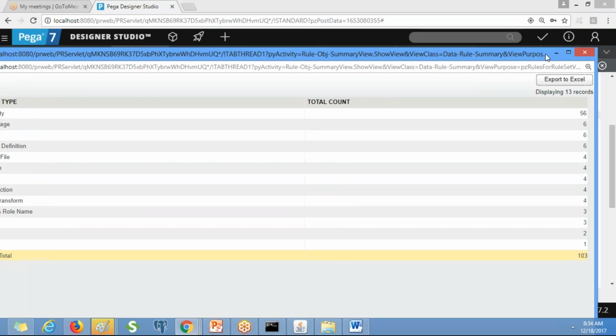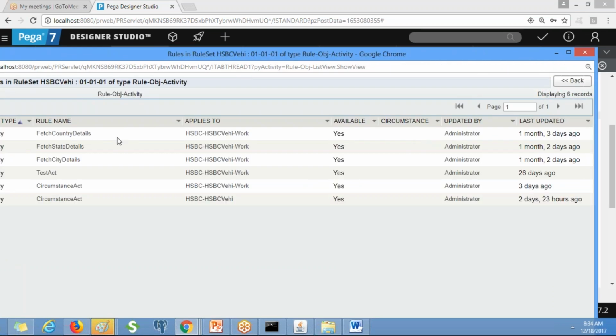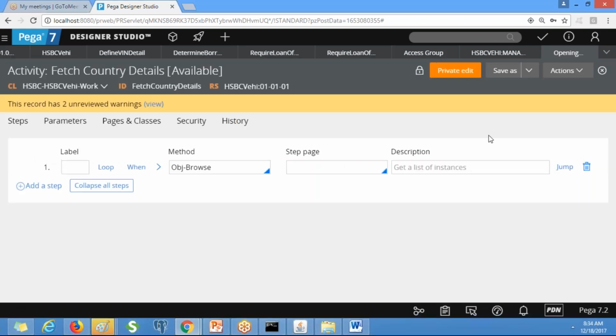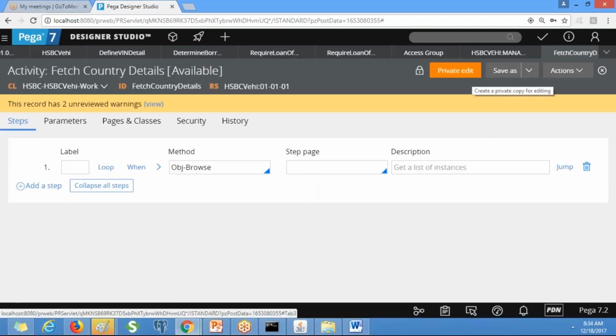Let me take one activity. Okay, private edit. Generally, if I want to modify something, what do we need to do? Generally we need to save as it into the latest version.